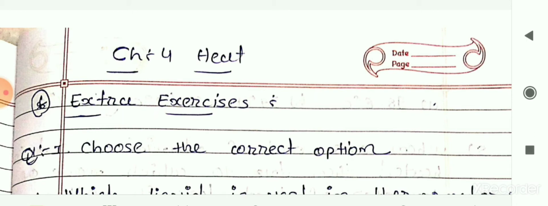And this is the reason why we feel more comfortable in light color clothes in summer season. And woolen clothes keep us warm during the winter season. It is because wool is a poor conductor of heat as we had earlier seen, and it has air trapped in between the fibers of wool. And normally heat is more absorbed by the black object compared to the white objects. So these are the things we had seen in the chapter. So now let me start this extra exercise for this chapter.